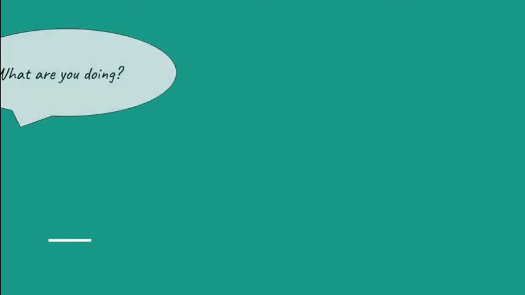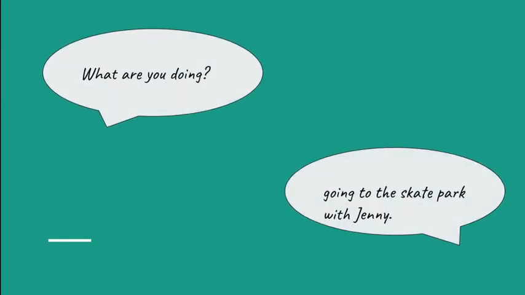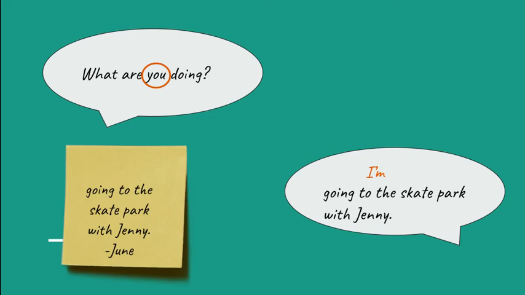When we talk, we often don't use complete sentences, especially if we're answering a question. What are you doing? Your mom asks. Going to the skate park with Jenny, you answer. You've communicated with your mother about a problem, but only because she already knows she's talking to you. Clearly, what you meant is, I'm going to the skate park with Jenny. If you're going to write it down, you need to include the subject again.